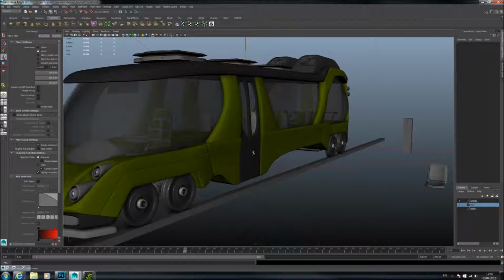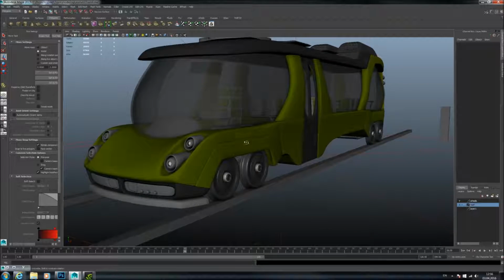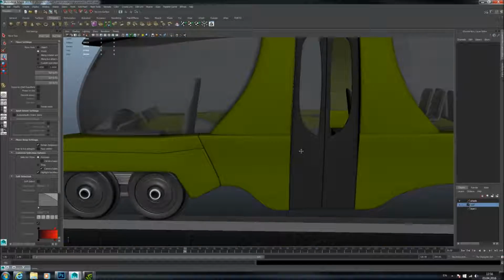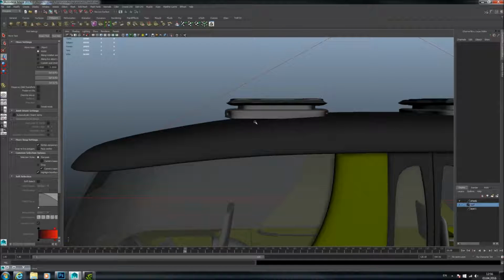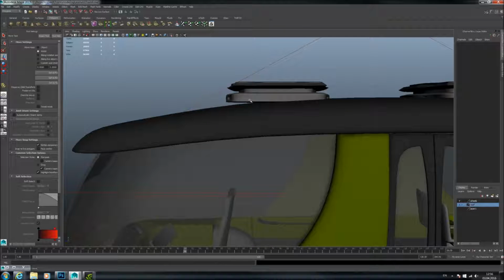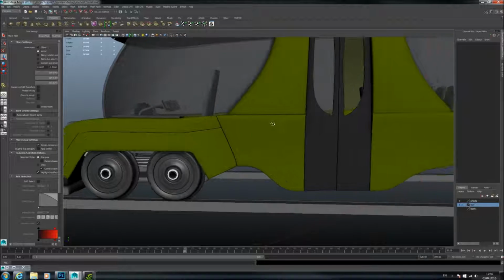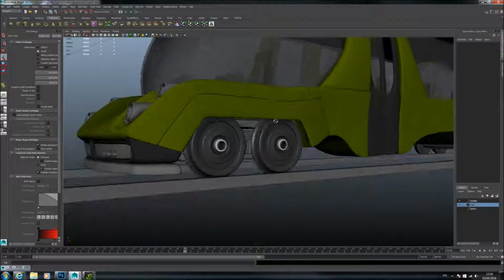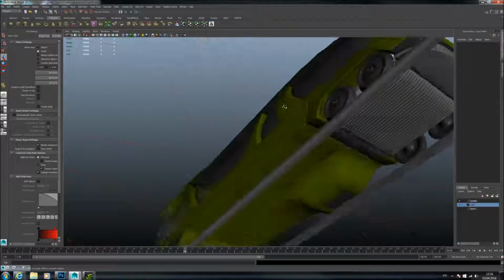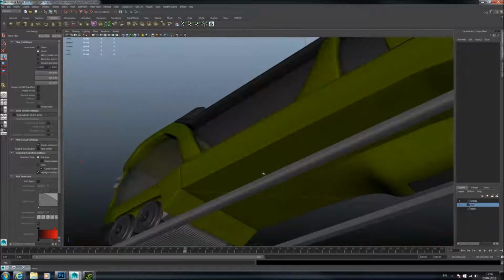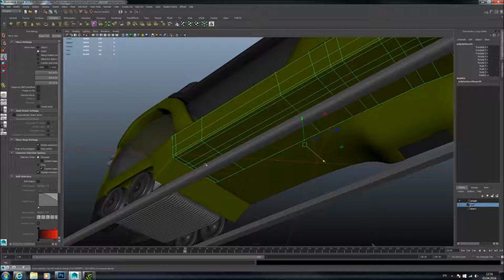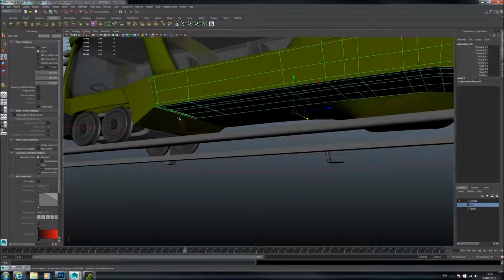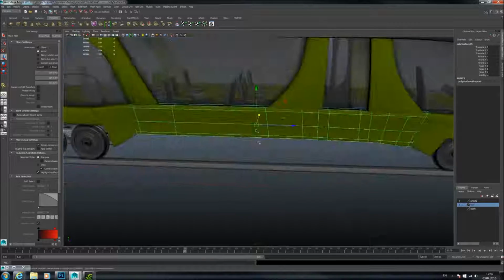Front is okay, I think. What else? We have to finish these guys so I can rotate this into place, and I think that's it. Well, yeah, and I would like to push in the bottom so it doesn't look like a solid object,